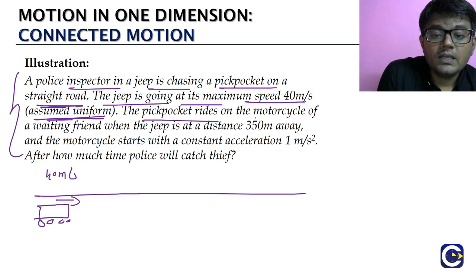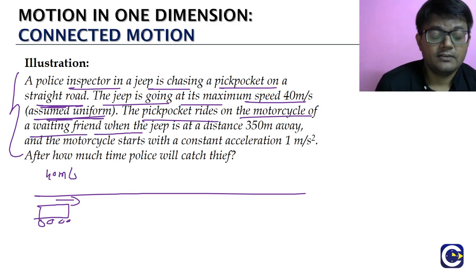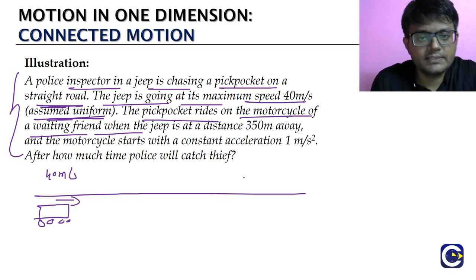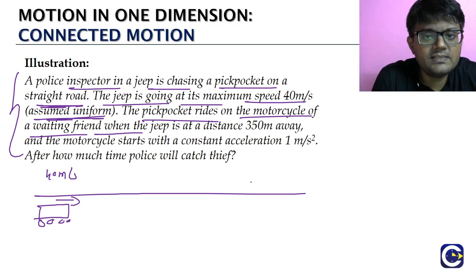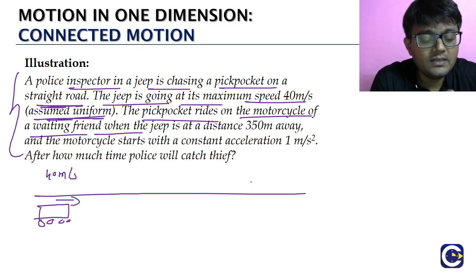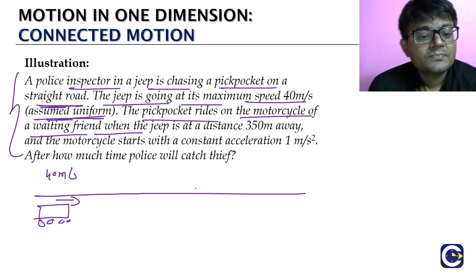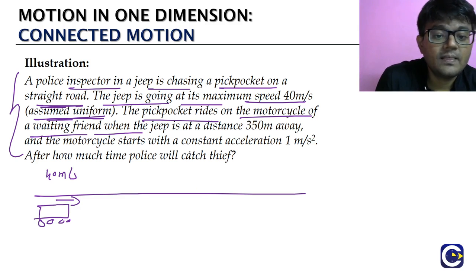The pickpocket rides on a motorcycle of a waiting friend. Obviously, there will be two people, as you would have seen when there is chain snatching and all that. One fellow will be snatching the chain, another fellow will be riding the bike. If it's not their day, they will fall off because of whatever scuffle happens. But otherwise, sometimes the police also might be able to catch them even after the incident. But usually it will not be frequent, especially in the case of chain snatching, etc.